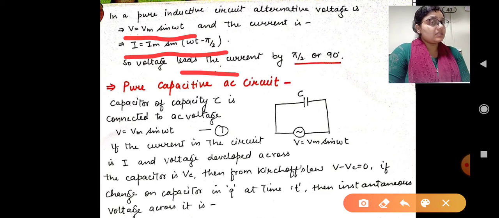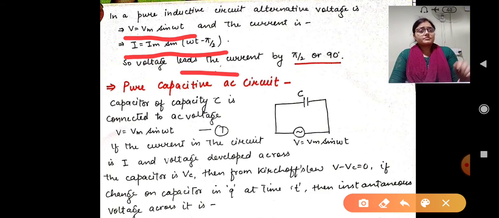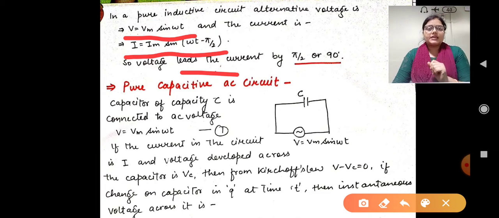Yes, if the question arises like this, the current will be 90 degree ahead or 90 degree lag behind the voltage in the pure inductive circuit, then you may choose. Yes, the current will be 90 degree lagging behind the voltage in the pure inductive circuit. If it were asking about the leading, then you can write that the voltage is leading ahead of the current in the pure inductive circuit. Clear? Depend upon the question which arises.